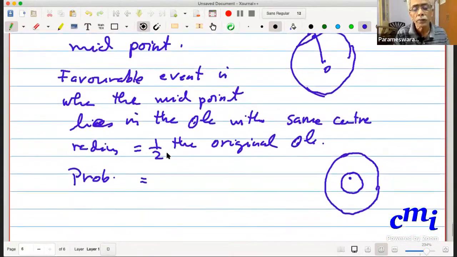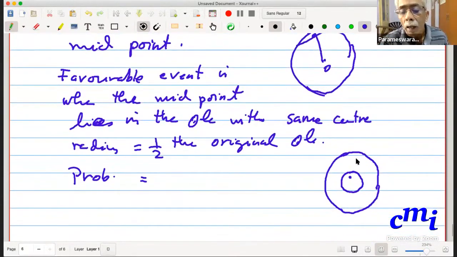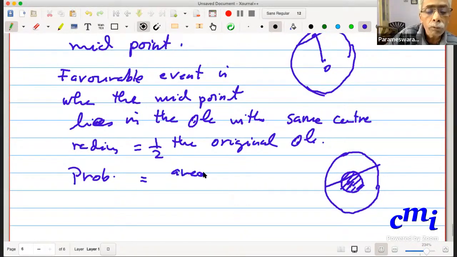I leave it to you. It's a very simple elementary geometry. And so this means that this chord will have sync. Okay. So this shaded region. And it's reasonable to expect that probability of the favorable event is the area of the region in which X falls divided by the area of the whole circle. So therefore, the required probability is equal to area of